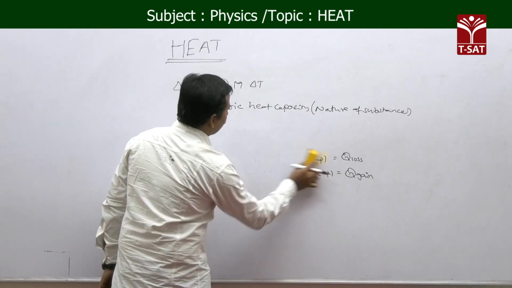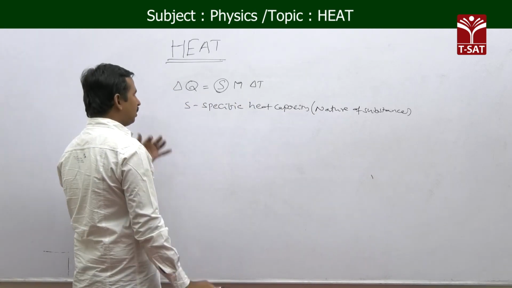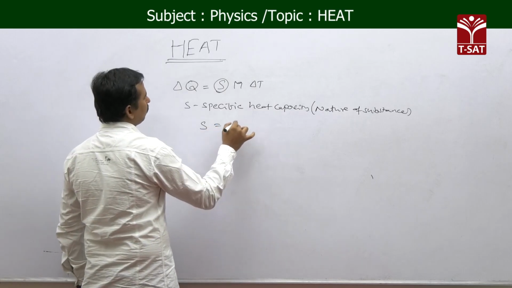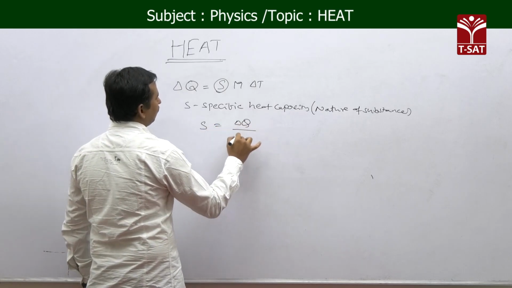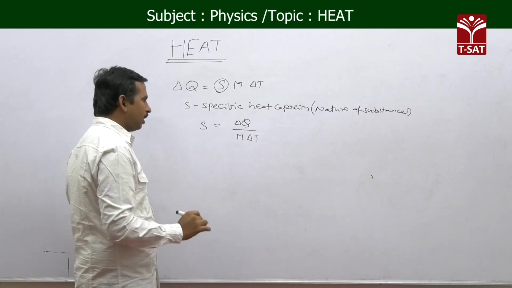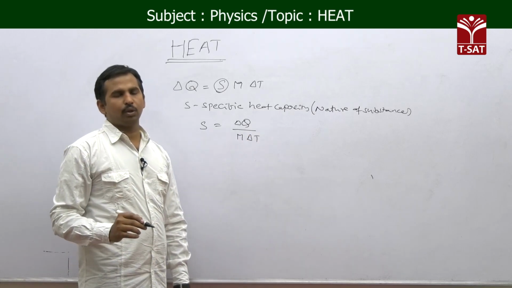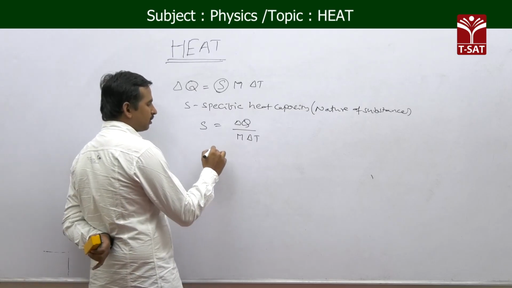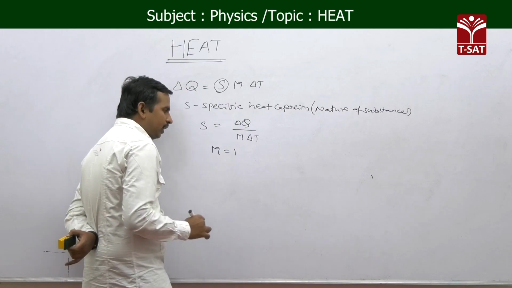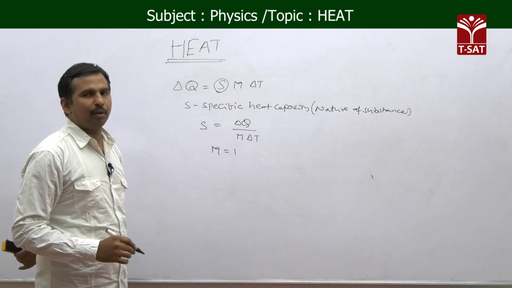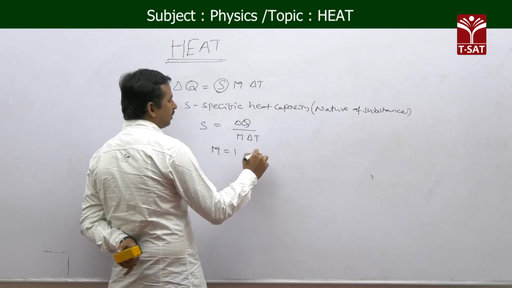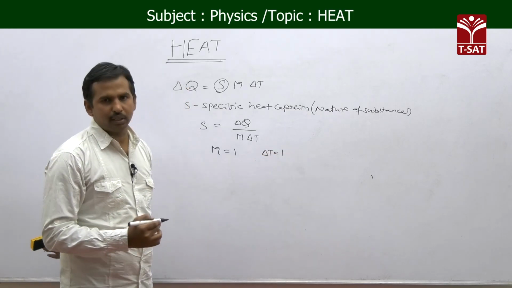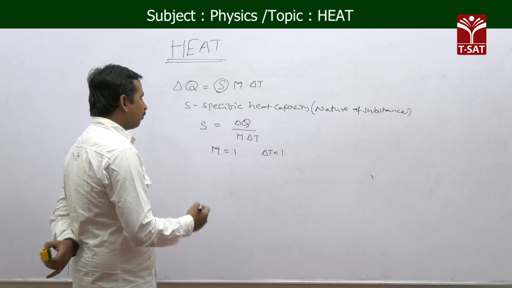Okay, now as we know that Q is equal to S m delta T, from this we can write S is equal to Q by m delta T, that is, S is equal to delta Q by m into delta T, where m is the mass. For suppose if you are taking a unit mass here, m is equal to 1, and at the same time if you are taking the change in temperature also as 1 degree Celsius, then our formula becomes